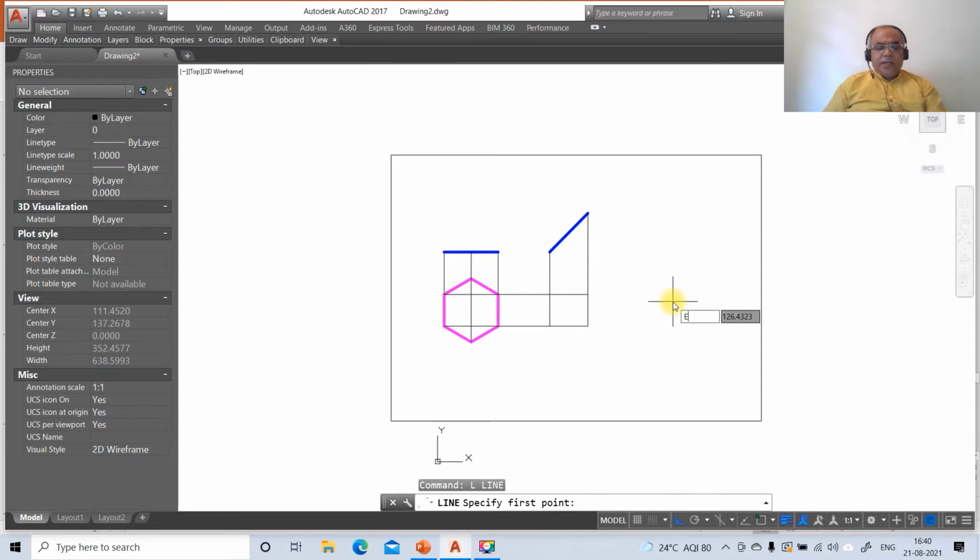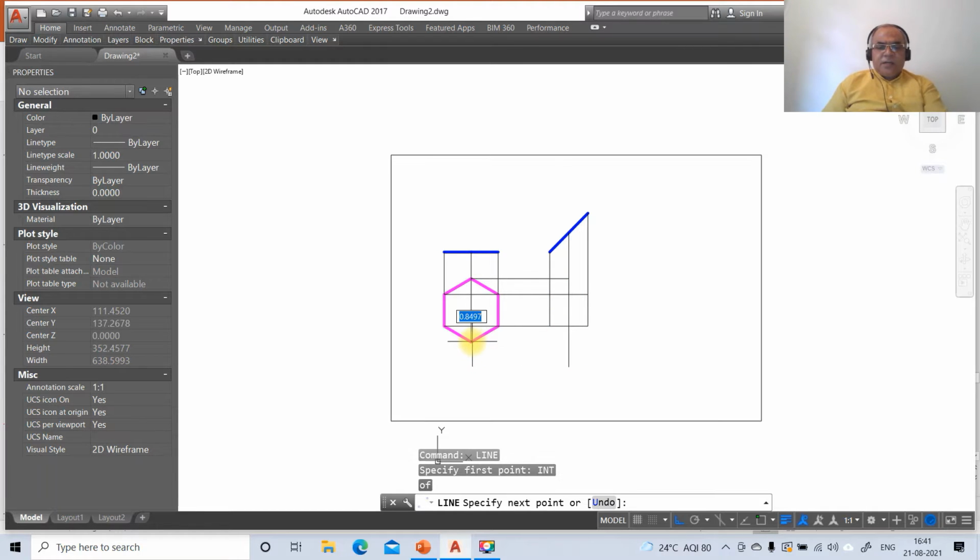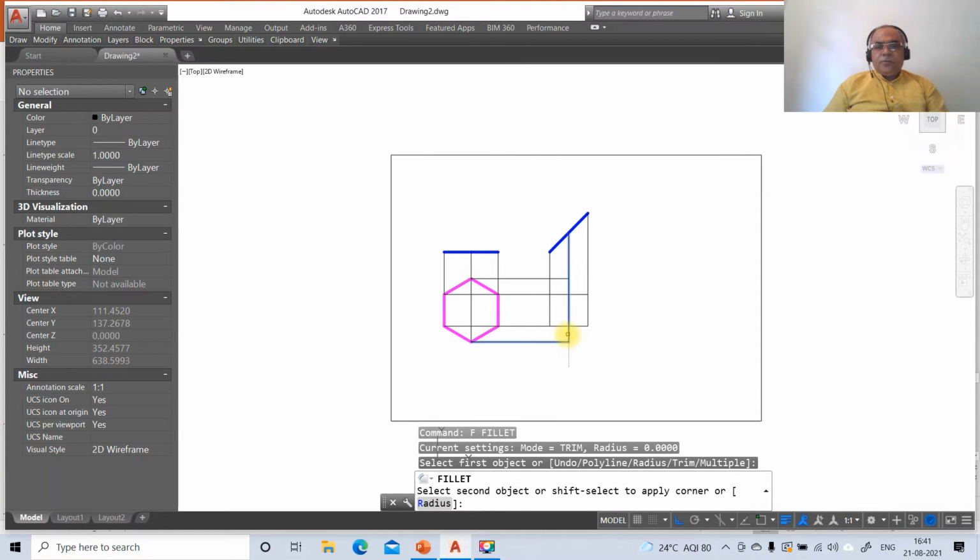Then go to line, take end point of this and draw a vertical line, and take INT of this and draw a perpendicular to this line. Here then go to line, take INT of this and draw a perpendicular to this line. Then go to fillet between these two.